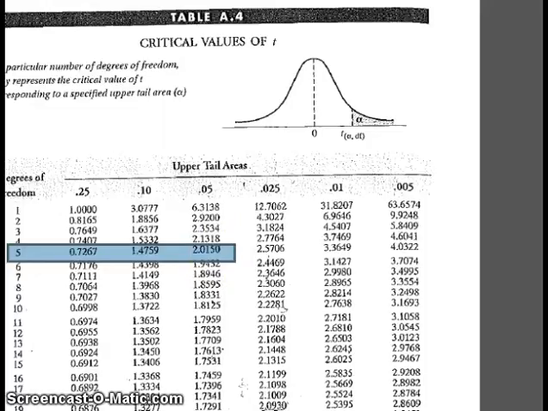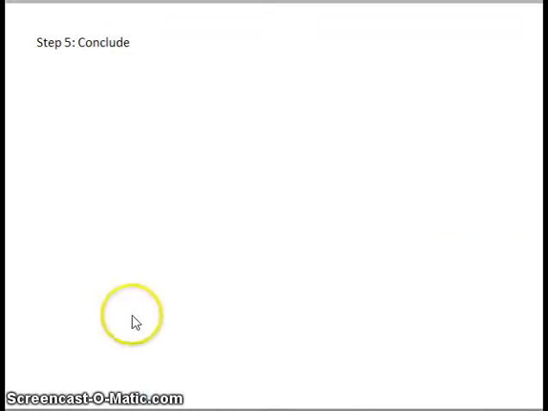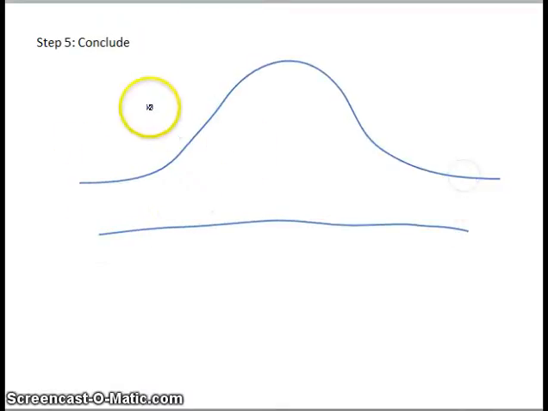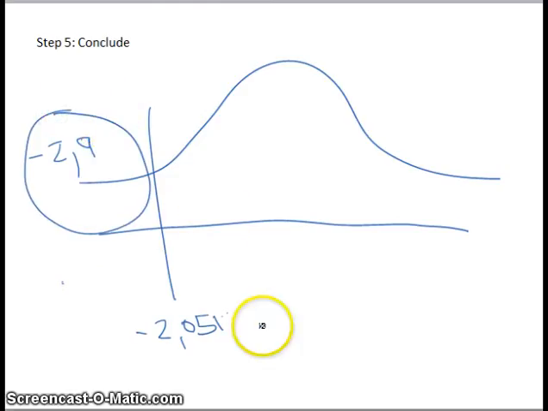2.0150. When we compare our test statistic to our critical value, we see that our test statistic is beyond the critical value. It is in the rejection area. I'm sorry I'm not using 4 decimals; I just don't have time. 15 minutes is going to expire, and you therefore reject your null and accept your